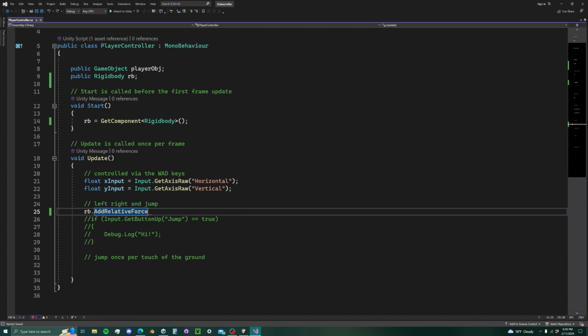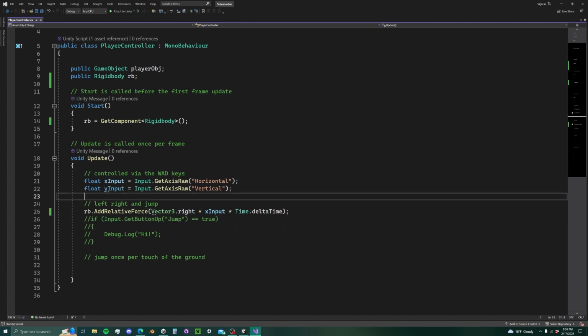This is going to be for our left and right movement, so inside of parentheses we'll do vector3 dot right, multiply that by our x input, and then multiply that by time dot delta time. Now if we save that and go back into Unity,